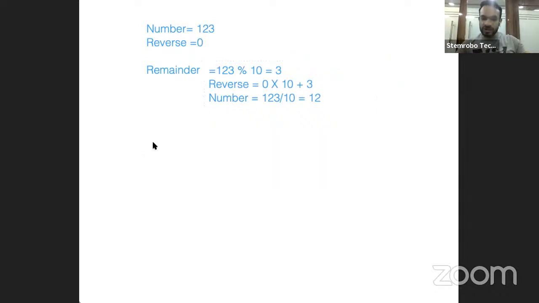अब हम इस procedure को फिर से continue करेंगे। हमने कंडीशन चेक की, क्या नंबर की value मेरी 0 है? 0 नहीं है, ठीक है। तो here my reverse value is coming out to be 3। हम इस process को continue करेंगे, क्योंकि अभी तक नंबर की value 0 नहीं हुई है, तो लूप continue रहेगा। तो रिमाइंडर की value क्या हो जाएगी? नेक्स्ट रिमाइंडर की value नंबर मॉड्यूलस 10, so 12 मॉड्यूलस करेंगे हम 10 के साथ, and I will be getting 2 over here। फिर मैंने रिवर्स find out किया, हमने अपना formula use किया, that is reverse into 10, मतलब 3 into 10 plus the value of remainder मतलब 2, तो मेरा क्या आ गया? 32, मतलब मेरी रिवर्स की value हो गई 32।